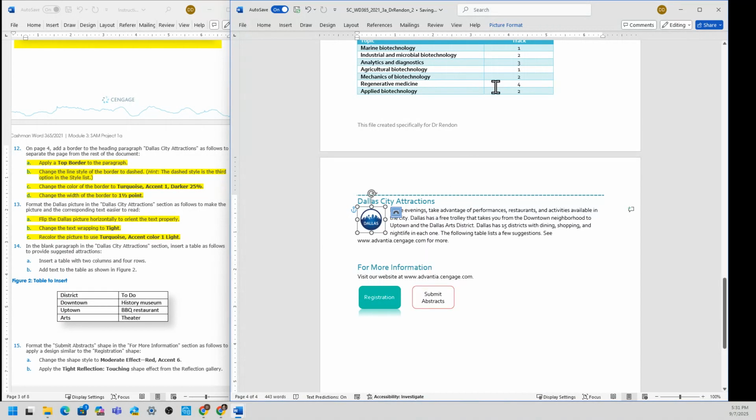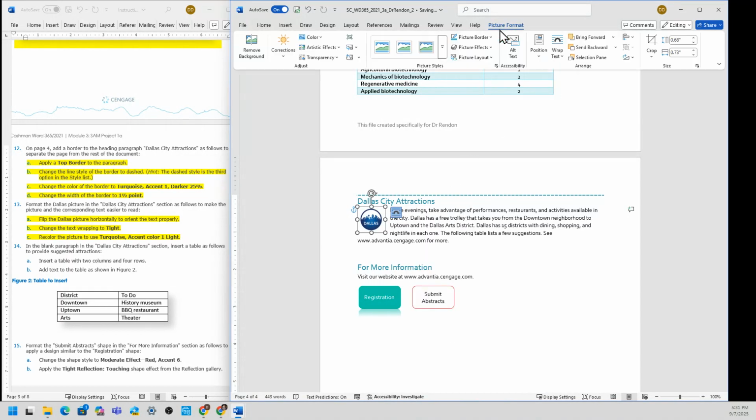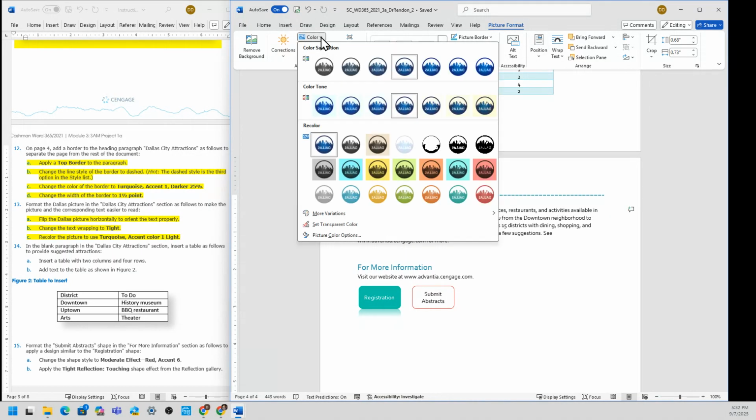So click the picture format again. And then picture, I need to change the color. So I can't see here. Picture effect, let me see. Recolor the picture. So this one is color here. Let's see if there is a recolor. So here's the recolor.